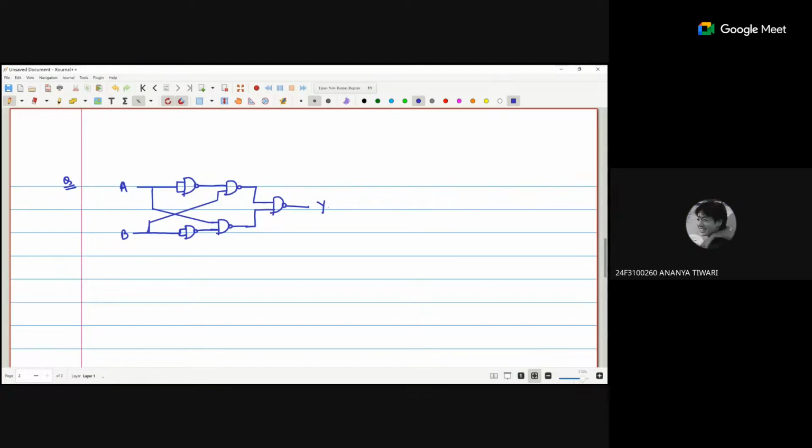Sir, it's XNOR gate. Okay, we are getting A bar here. We are getting B bar here. This is the NAND gate. So in the NAND gate A